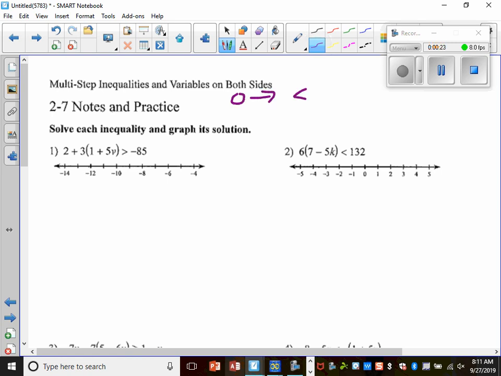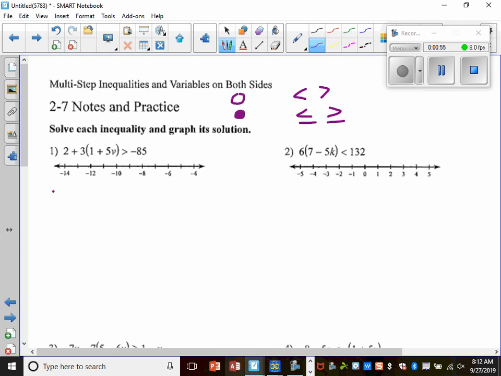indicates there's just a less than or greater than symbol. You shade the circle in if you have an equal sign under it. Okay, so just keep that in mind when we're doing our shadings. All right, so we'll just solve this just like you solve an equation where you isolate the one variable. If you divide or multiply by a negative, then we know that you reverse the symbol. Okay, so that's again from your previous